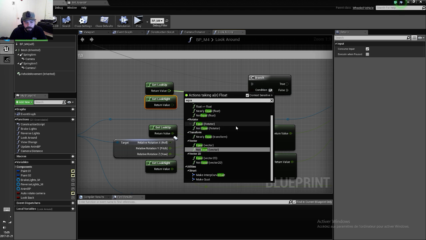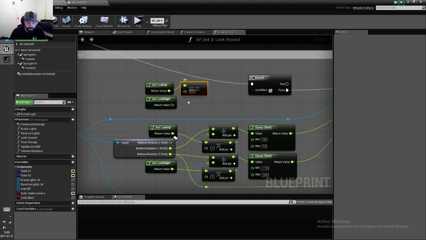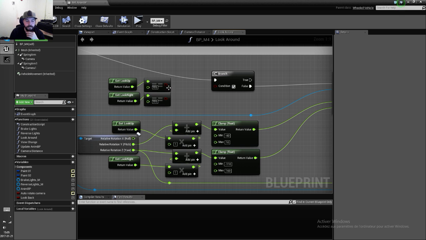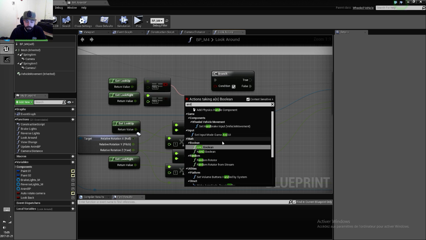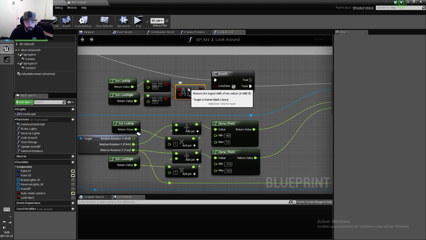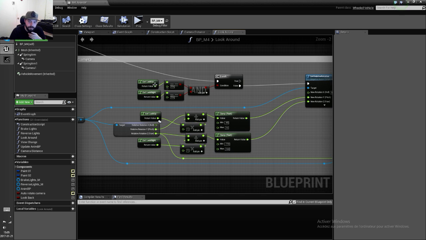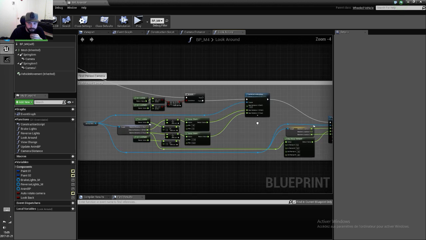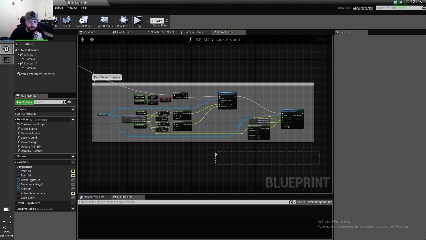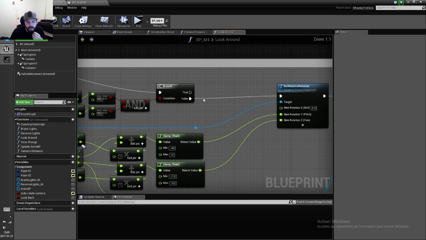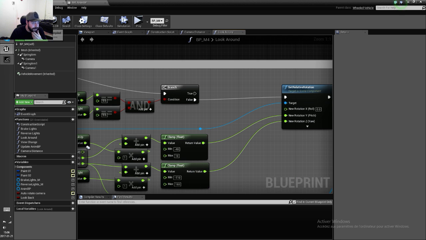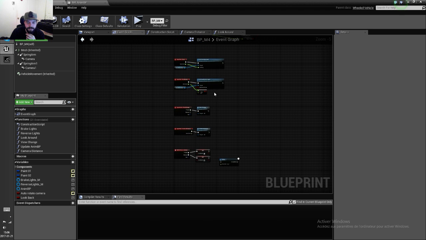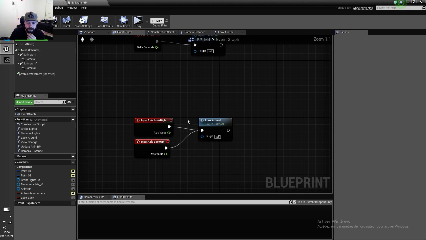Equal, oops, should check that back. Equal, okay. Alright, so if both of these equal 0, we're not going to execute that part of the code at all, right? Because that would be useless, because there isn't any changes to apply. And then we'll do a separate function on the event tick. No, not onto the event tick. Actually, we'll do it here,